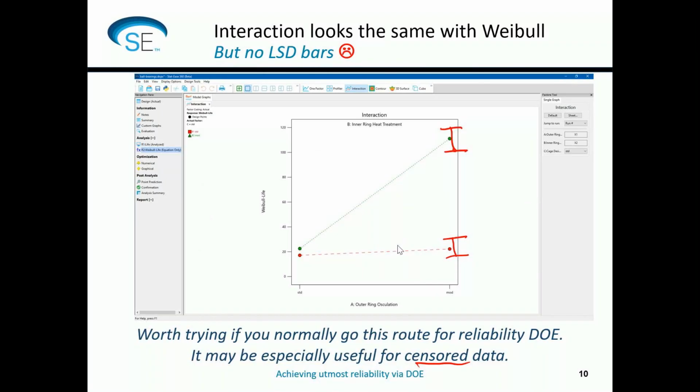So this, I think, is going to be a good tool if you're working on reliability studies like this bearing case and other types of things. For example, I've recently been involved helping a company that does flame retardants defend a European patent, and they came up with a combination of 3 ingredients that makes the burn test last so long that they just can't keep going with the burn test. It just never burns. And so they had to cut it off at a certain point in time. And that's an example of censored data.